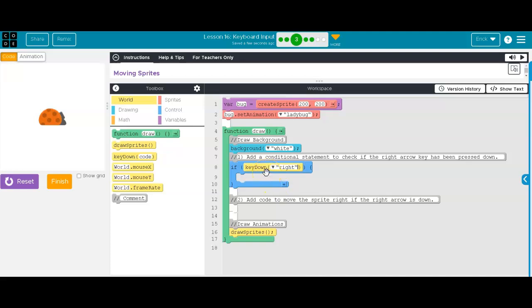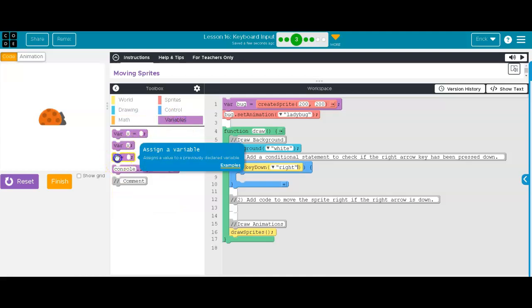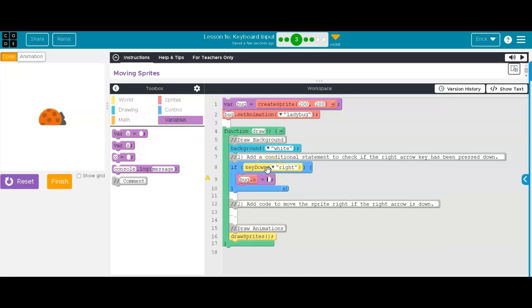Well, as you recall from an earlier lesson, motion is programmed with a counter pattern. So this would be an ideal place to program the counter pattern. So we're going to go ahead and grab a variable equals, x equals, and we're controlling the motion of bug. Even though it's a picture of a ladybug, the variable's name is bug. So we're going to say bug.x equals bug.x plus,